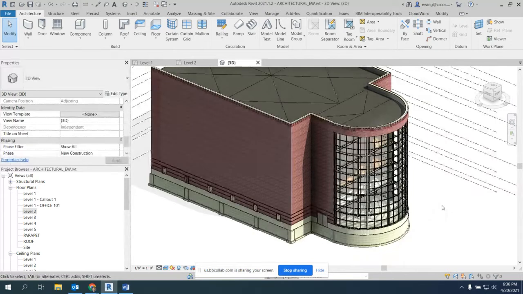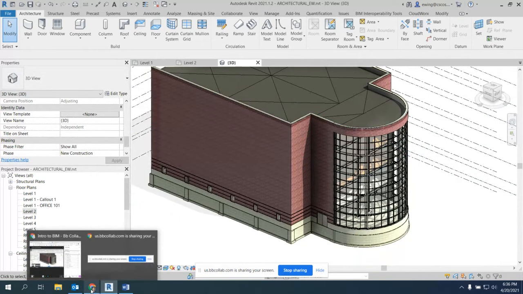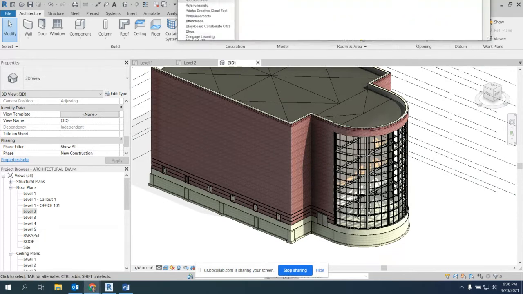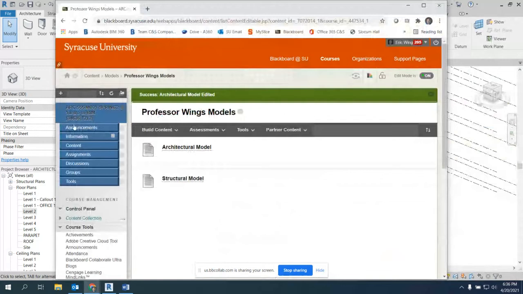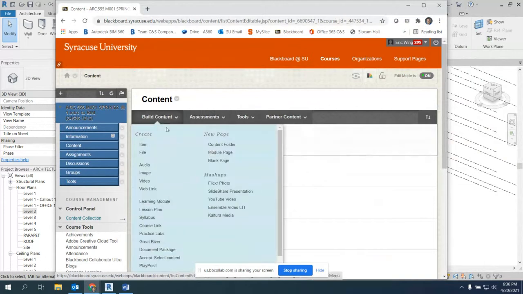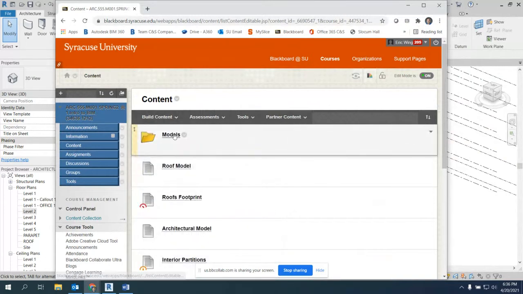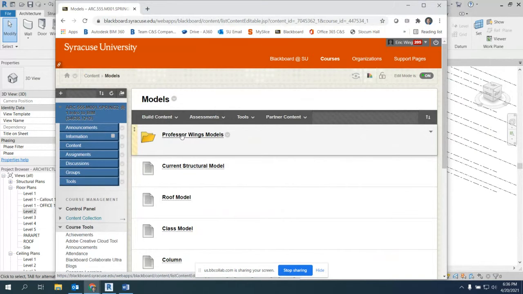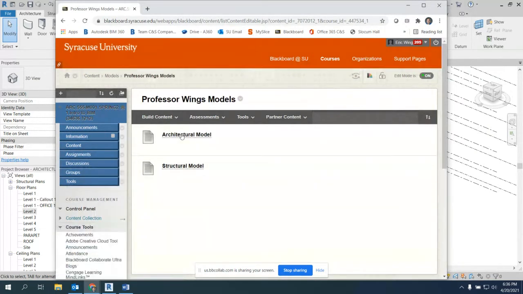But I do have this on Blackboard in case you don't have it. It's in the content tab, models. Professor Wing's models. I don't know why I put it two folders deep, but I did. Architectural and structural. You'll kind of need them both,